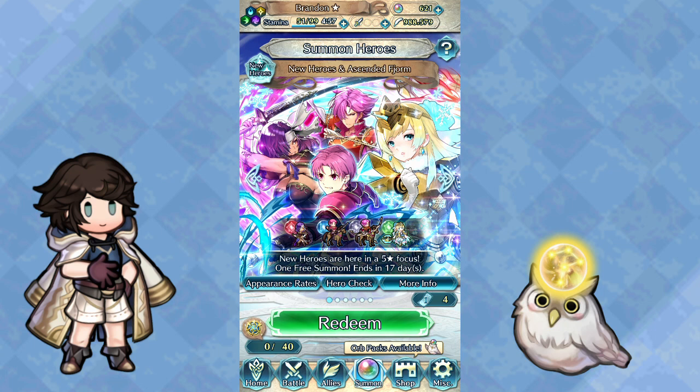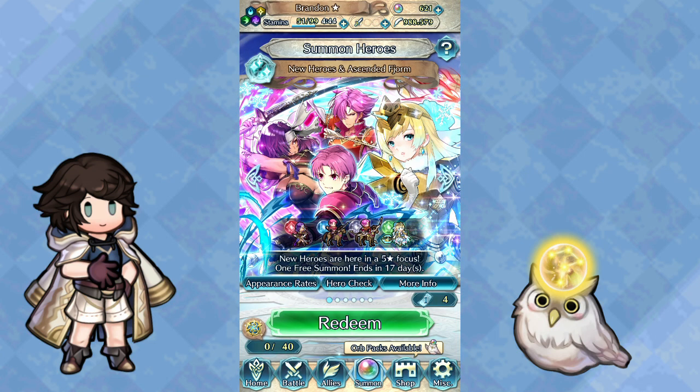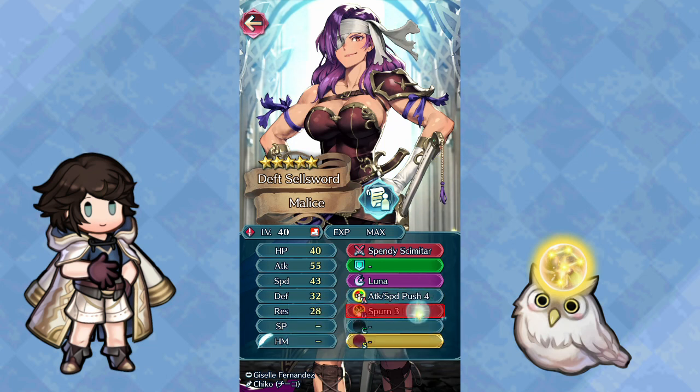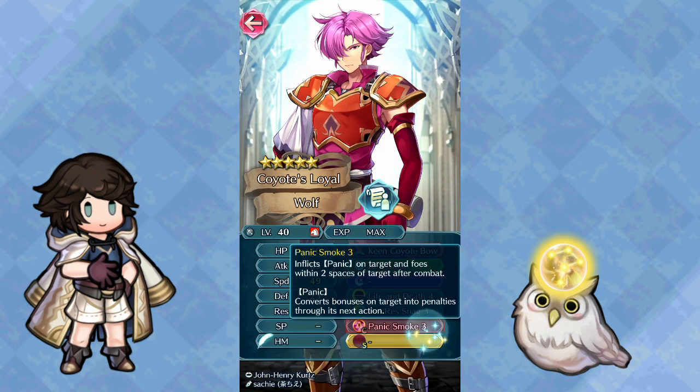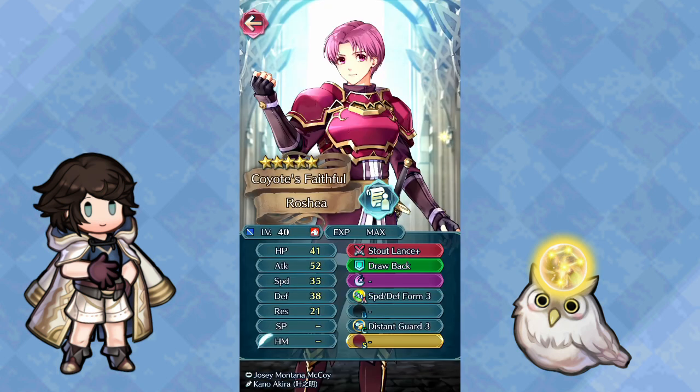But to kick things off, we're going to start with the main event here, New Heroes and Ascended Fjorm, which is an okay looking banner. Honestly, the characters don't interest me that much overall. Nothing too exciting here. Got Attack Speed Push and Spur, which we've seen. We've got Life and Death, Def Res Snag, and Panic Smoke. Solid, but nothing I'm desperate for. And then we have our Dimitri here, who's actually...